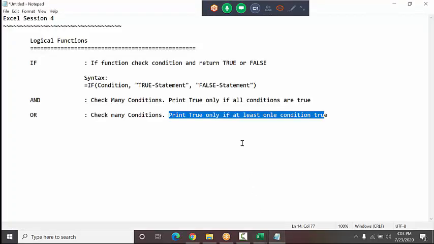I suggest you work with conditions while you try to sort out some problems, some business logic. Conditions play a big role because we write conditions and depending on that we sort out either true or false.